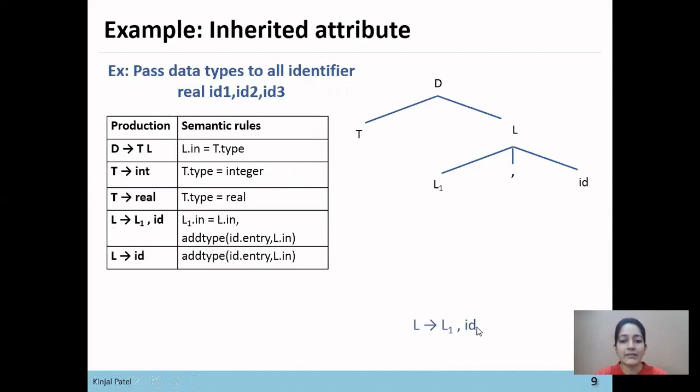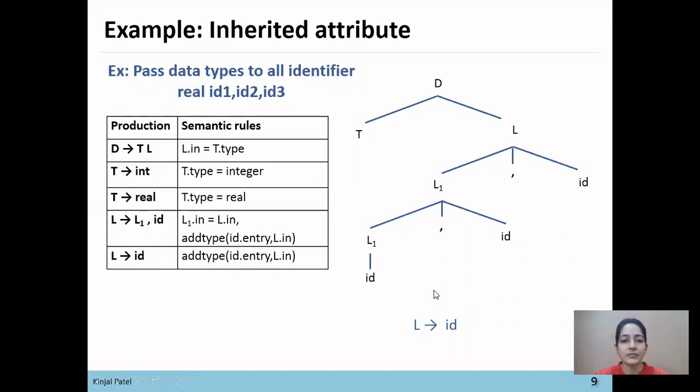Now we want to parse two more IDs, so we'll again parse L1 comma ID from this L1. As two IDs have been parsed, to derive one ID we'll directly replace this L with ID. So L1 derives ID using the production L derives ID.